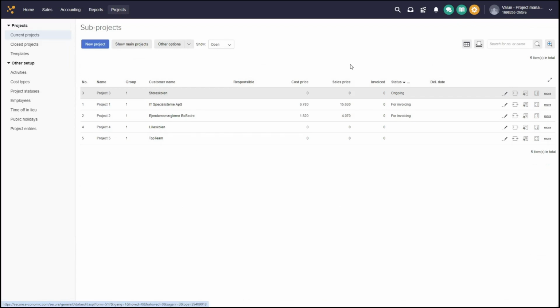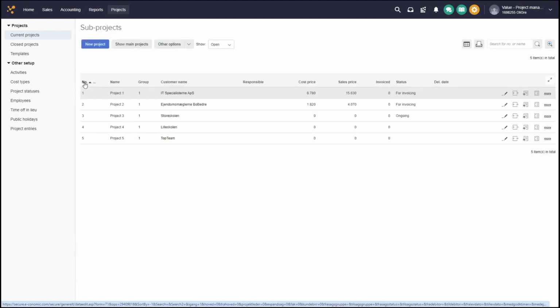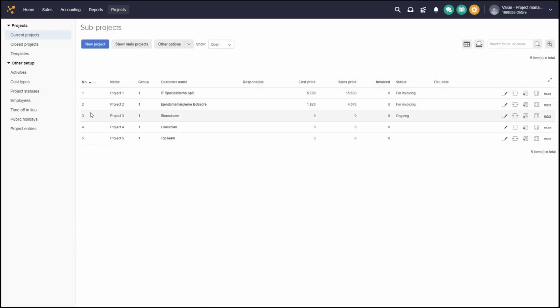An important thing to note is that you can change these project statuses. So, for example, if I realize that my project number 3 should be for invoicing at some point, so I just order it this way again. So this project number 3 is ongoing, but if I maybe create something on it, it could be for invoicing, and then I can actually edit it back to either no status, or I can edit it back for maybe